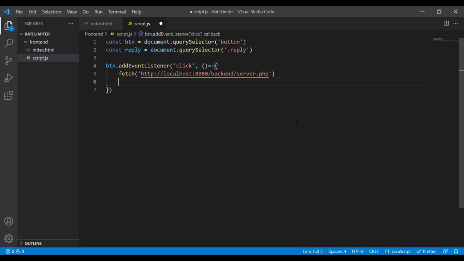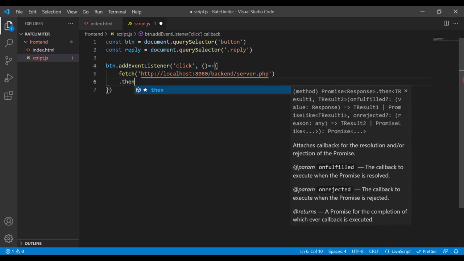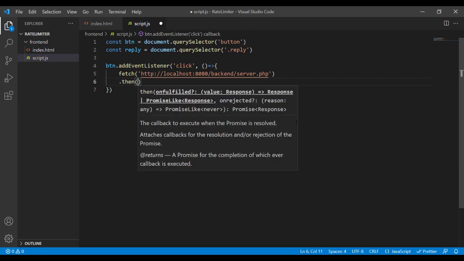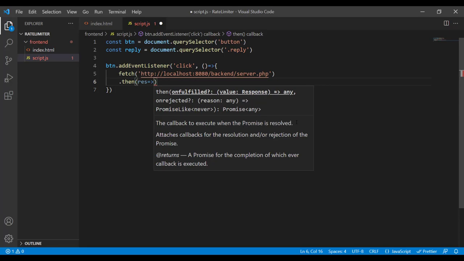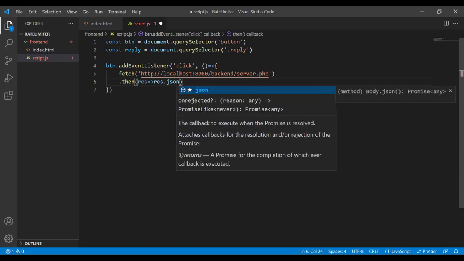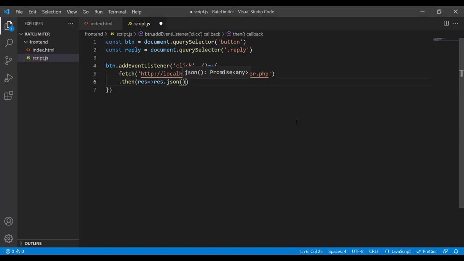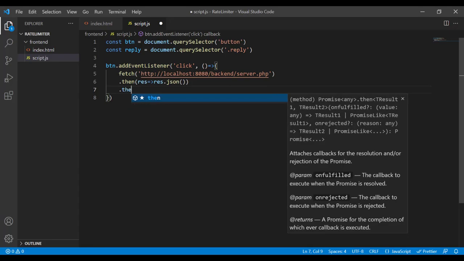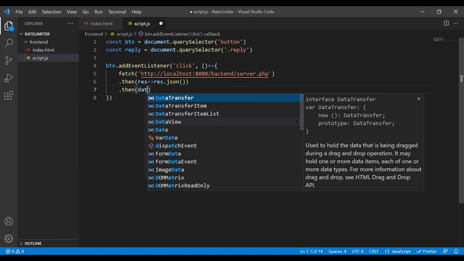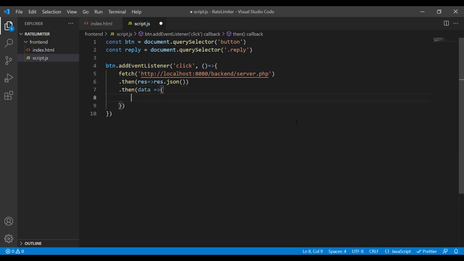Okay, once we get a response from the fetch, we get it as a promise. Therefore we have to use a then block, and we will receive this response as JSON. So basically we want to extract only the exact response that has been sent, and we want to eliminate all the information that comes with the HTTP response. Therefore we have to call the json method on our response object. Now this json method again returns us another promise. Therefore we have to use another then block, and this time we have the actual data we are interested in.